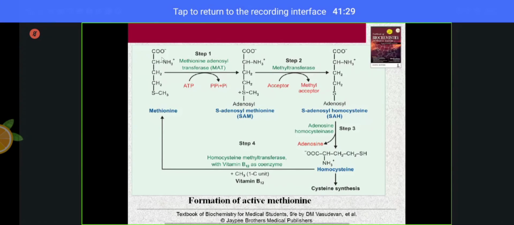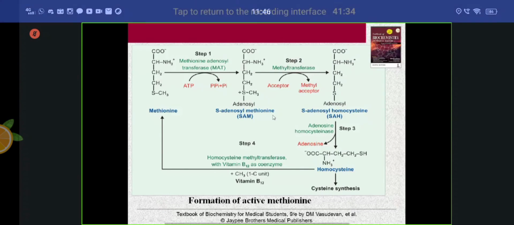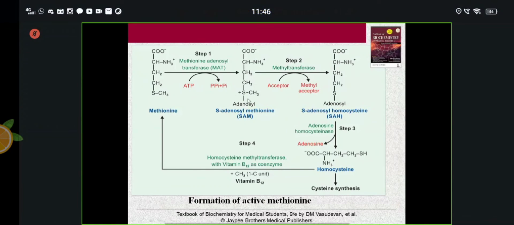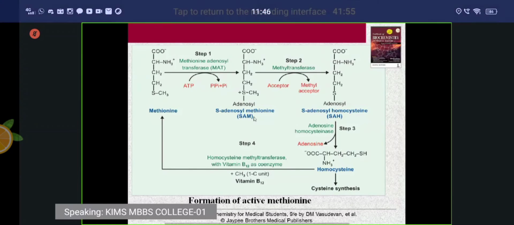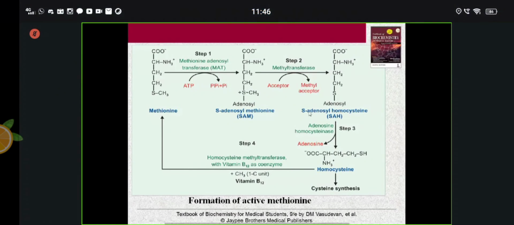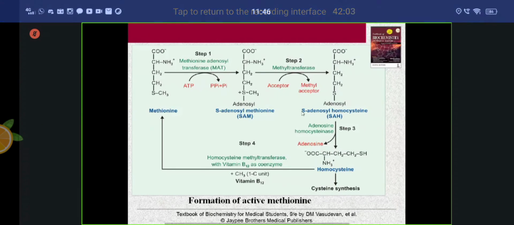We are taking methionine in our diet. What happens immediately? It takes energy to get converted to S-adenosyl methionine. Why is it called S-adenosyl methionine? Because it contains sulfur. To this sulfur, adenosyl comes and attaches. Now this methyl group is transferred. SAM is a potential 2-mark question. It is always trying to donate its methyl group. Then once it donates, it becomes S-adenosyl homocysteine. Remove the adenosyl, you get the homocysteine.